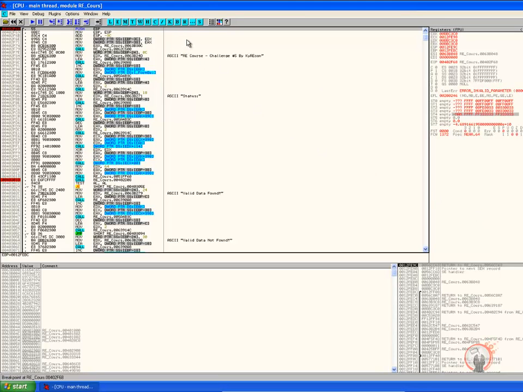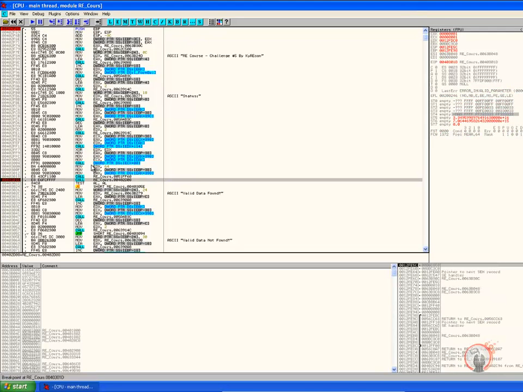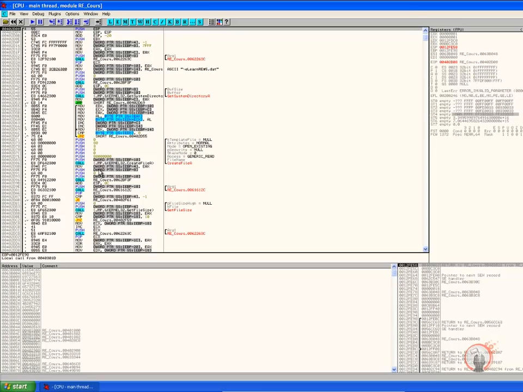So let's run the application. And now we're going to stop at the next breakpoint. And let's step into this function here. Let's see what we can observe. You can see here the name of a file called learn dot dat,